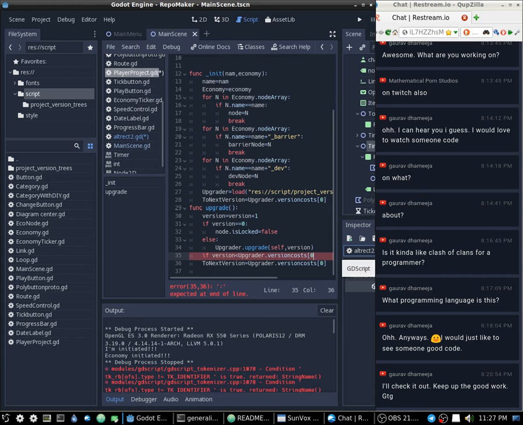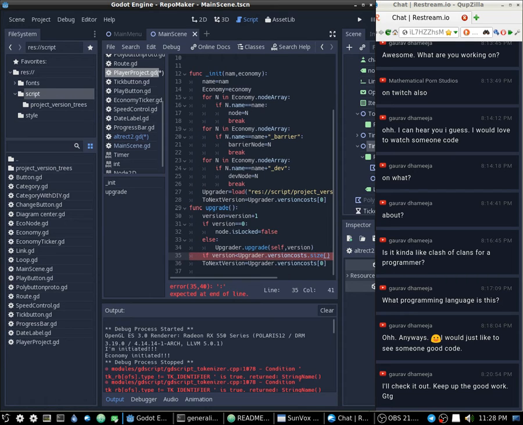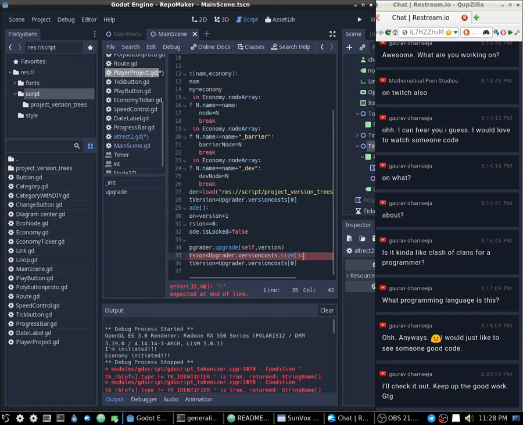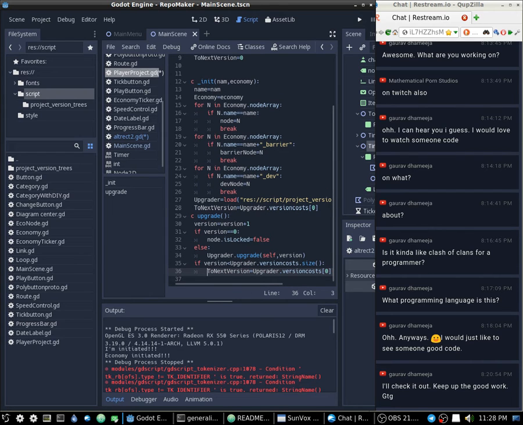Okay, cost size. Okay. So what exactly should be a condition here? Let's think about this. The version costs is 0, 1, 2, 3, etc., right? And its size will be one more. So if we have a version 3 and it is a last version,